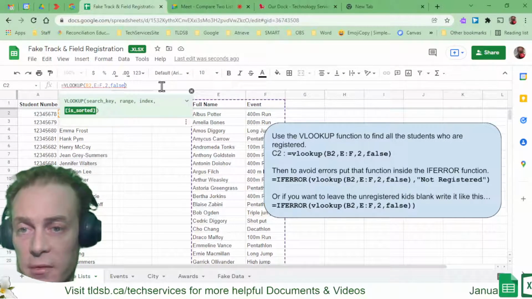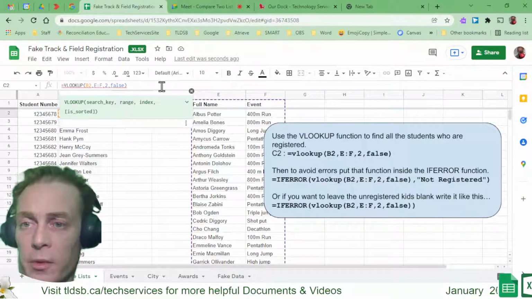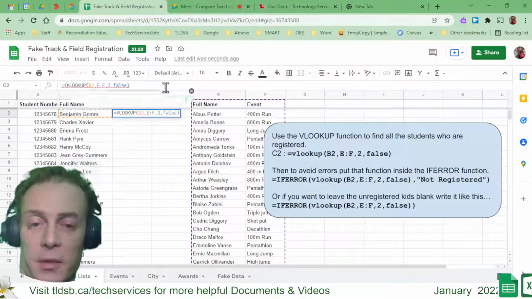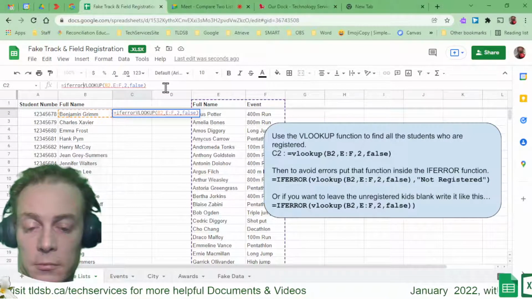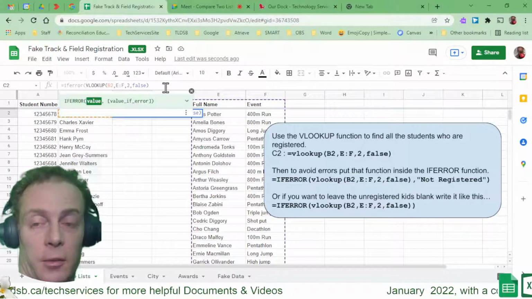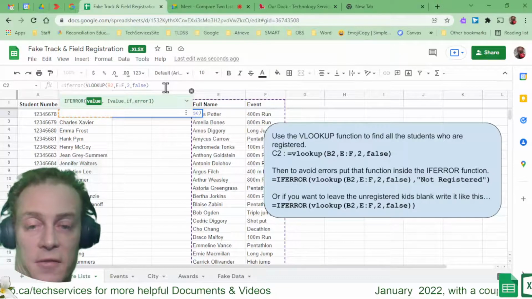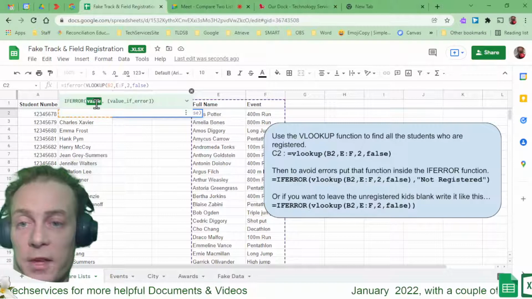I'm going to put my cursor at the very start, right where the equals symbol is, and I'm going to type IFERROR. And I need to be careful there. There is, in fact, another function called ISERROR, but I want to say, in this case, IFERROR. And if there is an error of this particular value,